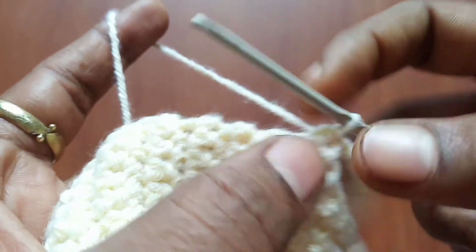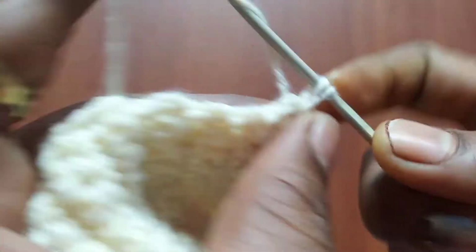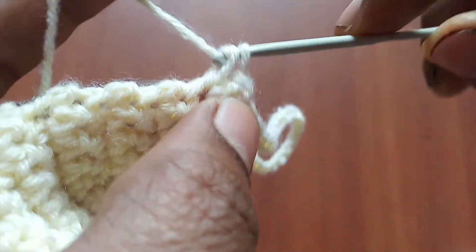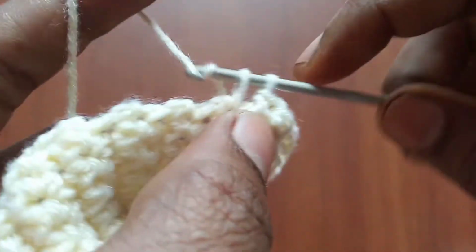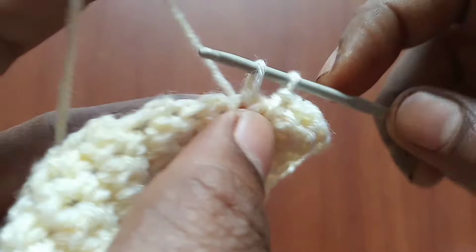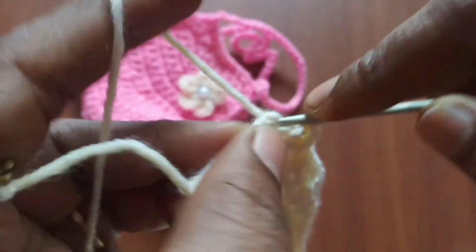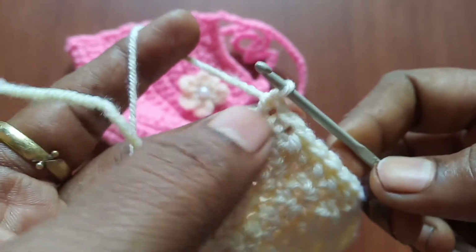Now create single crochet into the same chain space, and then insert into the next space available and make a single crochet. So you have to make one single crochet into each of the next spaces. So continue to do until you are done with the other end. So here we have come to the other corner where we have to make another set of 28 chains,